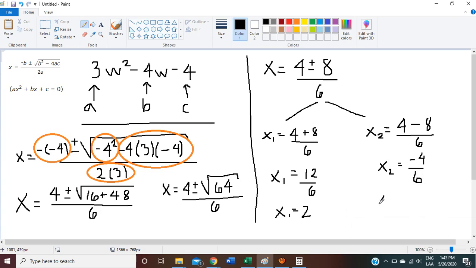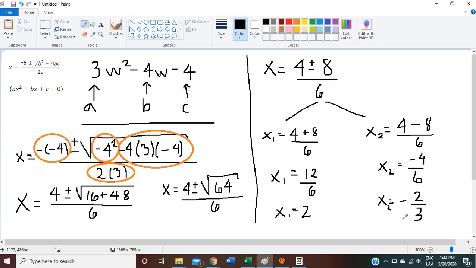So x2 equals, the answer is going to be negative. This is our final answer, but we can simplify this. So simplified will be negative 2/3, right? Okay,